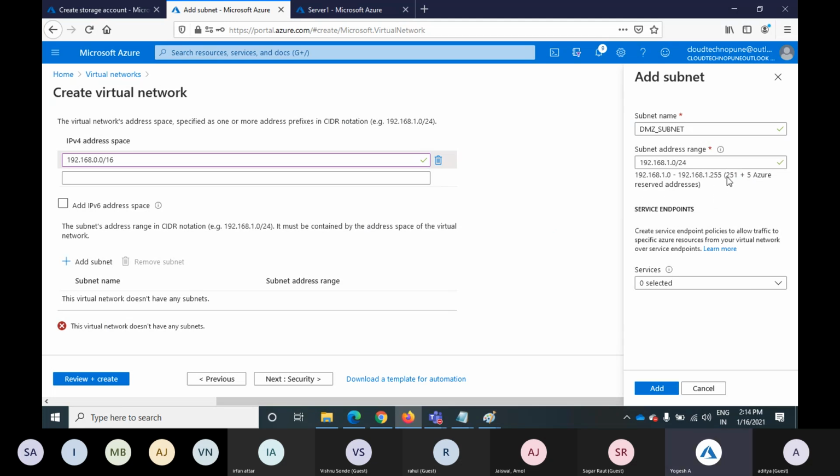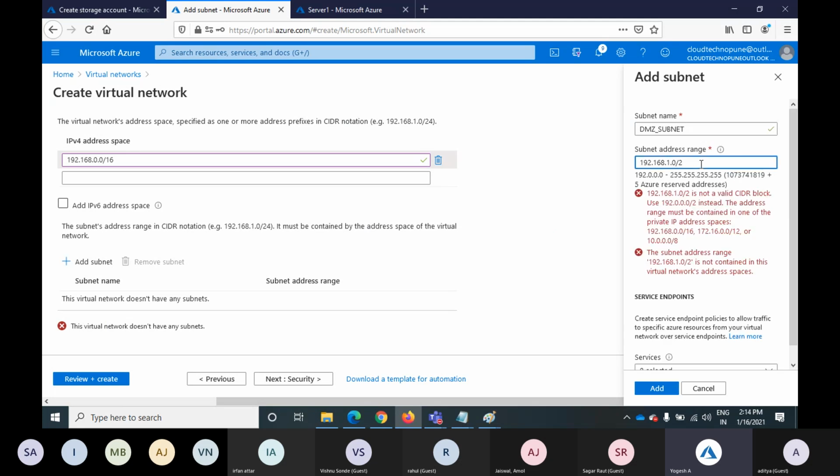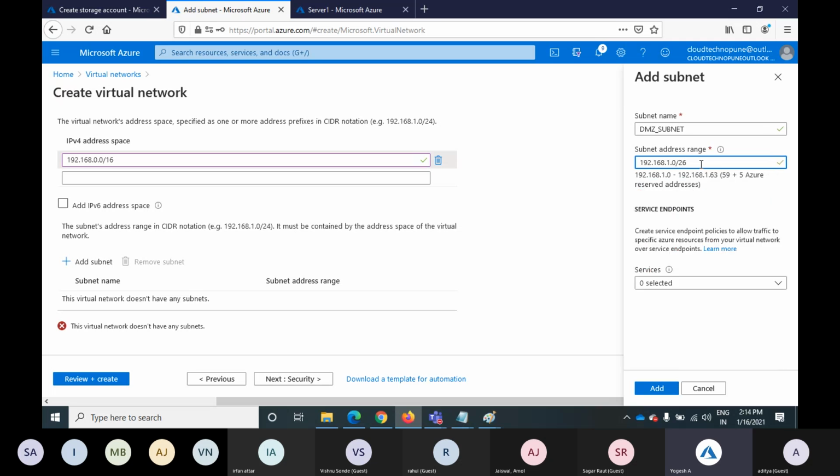Okay, and what is the usable IP here? 251. So why are we using /24? Because my requirement here is 250 servers. I wanted to deploy under the DMZ. But in another scenario, I don't want to deploy 250 servers. Okay, so in that scenario, I can have a smaller subnet as well with /26. When you say 26, again usable IP will be 59 plus 5 IP addresses Microsoft will reserve at Microsoft